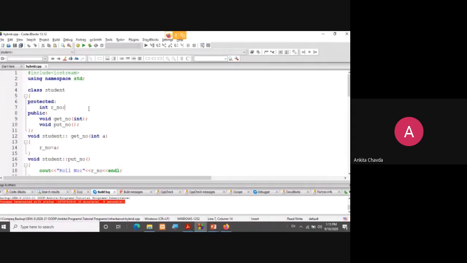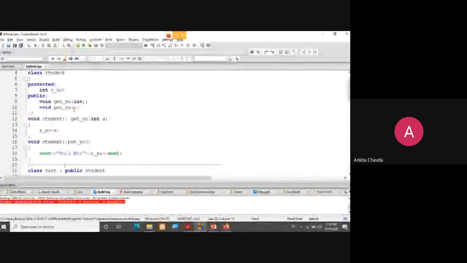We are just adding one more class, that is sports, in this, and we are doing some minor changes, right? So this is again just a kind of revision, that here I'm having roll number, I would be having get number, put number, those methods I've defined over here outside of the class, right? Get number, put number.